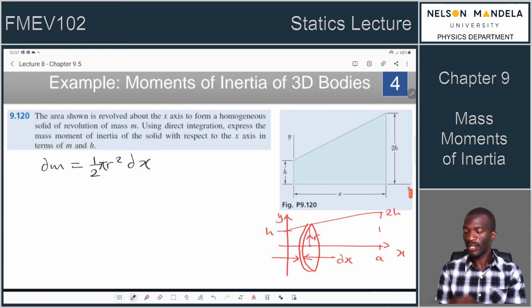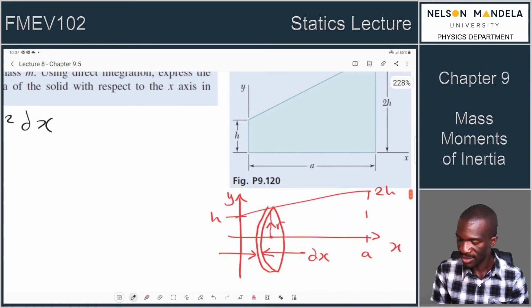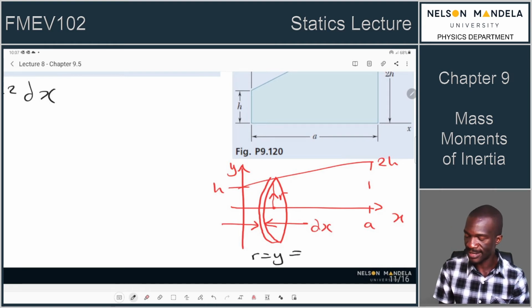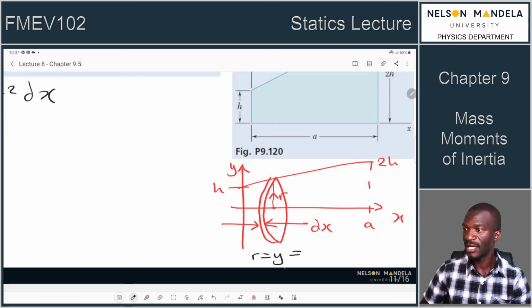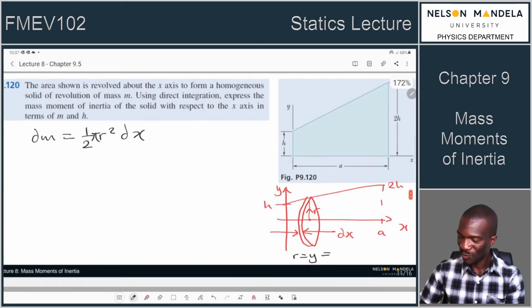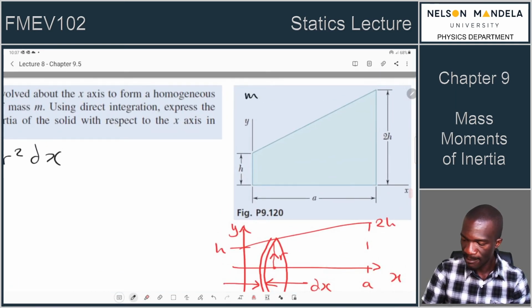And we know that in our case, how can we find our r? Our r is a function, isn't it, of y. So what is this function? The function will be y is equal to mx plus c. What is the gradient, sorry, what is the slope? The slope for this function, let's call it m, is equal to the change in y over the change in x. Change in y for this line is obviously,